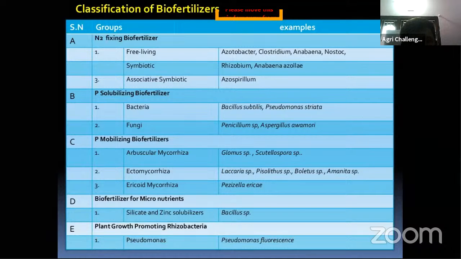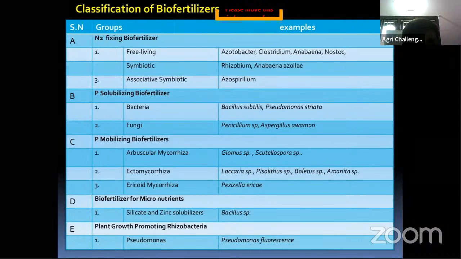Then associative symbiotic is Azospirillum. It forms association with jowar, sorghum, maize, and sugarcane plants. Then coming to phosphorus. Before phosphorus solubilizing, one thing I already told you many times: root nodulating leguminous crops.